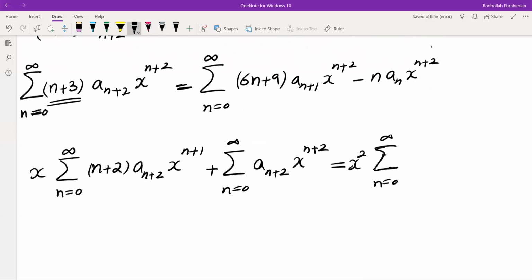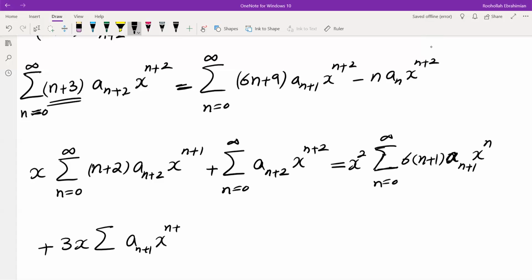If I factor x squared, then I need n x to the power of n, which I'm going to get, and I need n plus 1 times a n plus 1. I have a 6 in front, so I'll just put a 6 in front, n plus 1, a n plus 1, x to the power of n. So that's going to give you the 6n plus 6 plus 3. I'm going to factor 1 x. That's a n plus 1, x to the power of n plus 1, n equals 0 to infinity. Minus